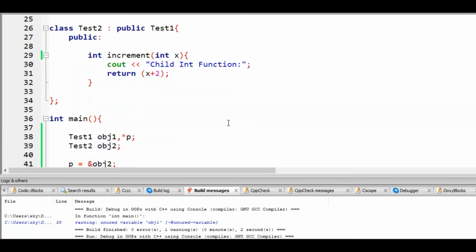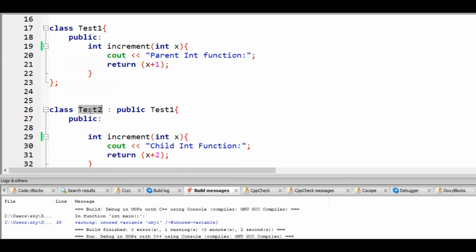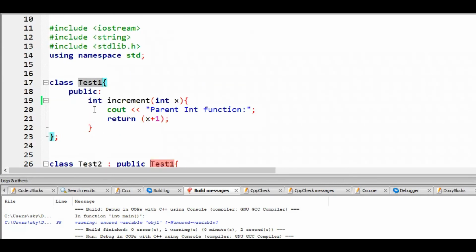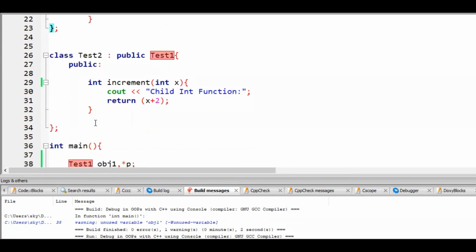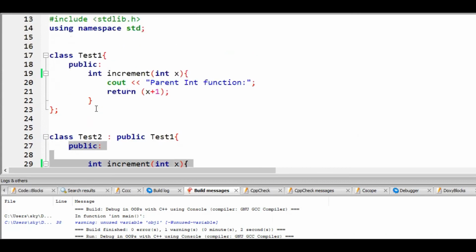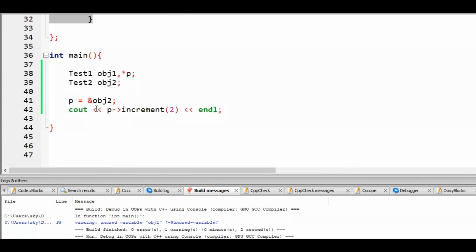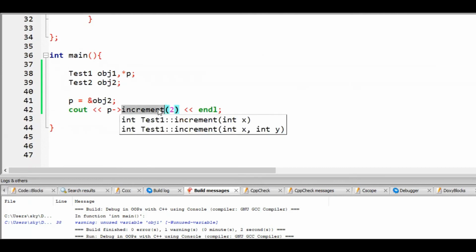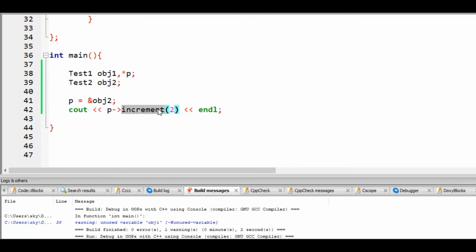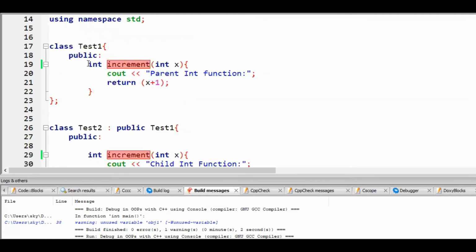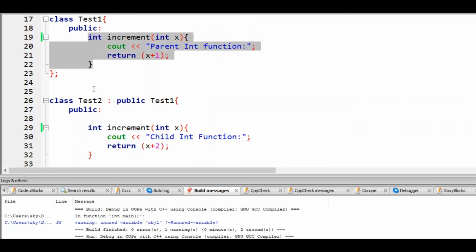Even if you extend test2 by, let's say, a test3 class, this base class object can also be used to access the data or the functions of these child or descendant classes. But what is the problem? We are not able to access the child method over here. It is still executing the parent method.